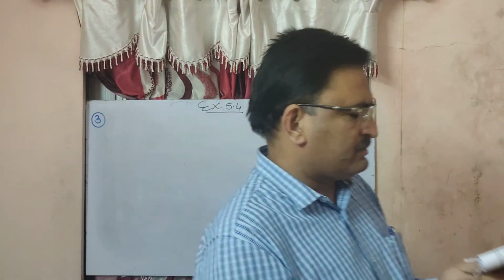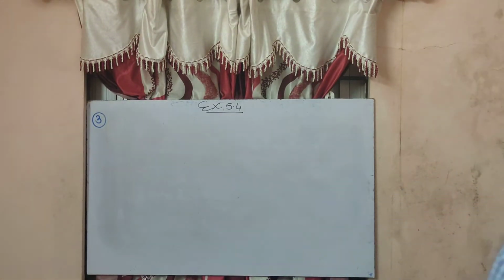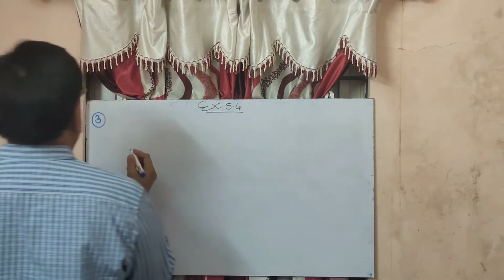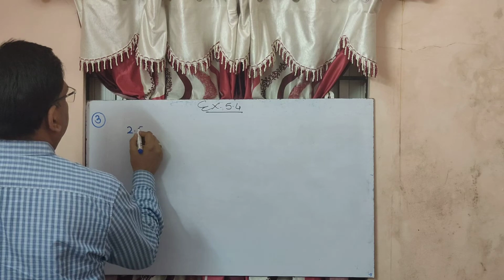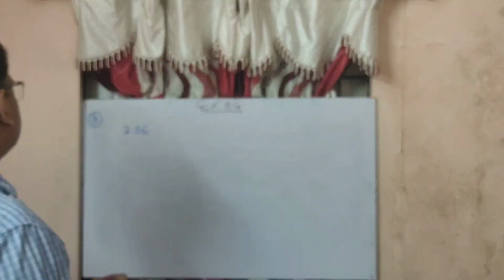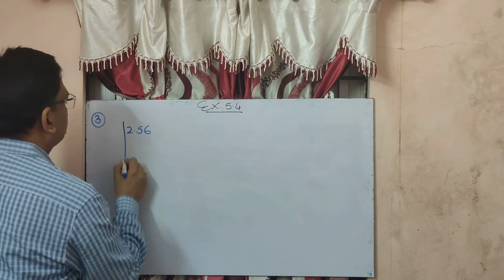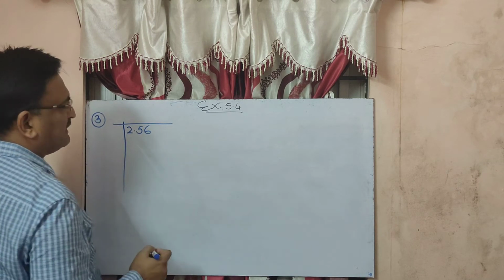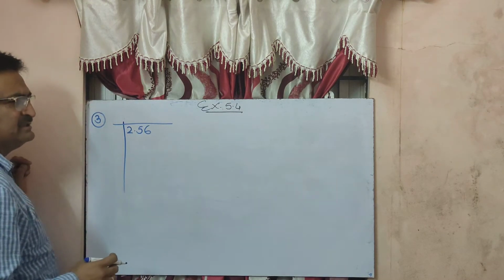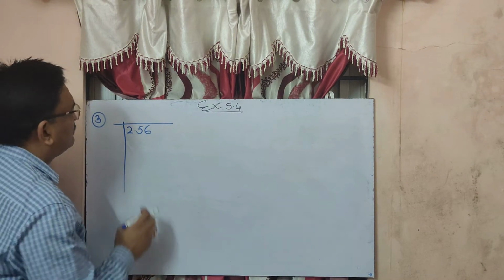Okay, now what is the question now? Find the square root of the following decimal numbers. Now you have to find the square root of the decimal numbers. The first one is 2.56. So you have to find the square root. Method is same, that is what? Through division method. Now 1, 2, 3, there are three numbers. So take one at a time.